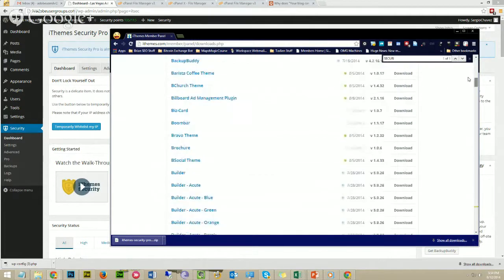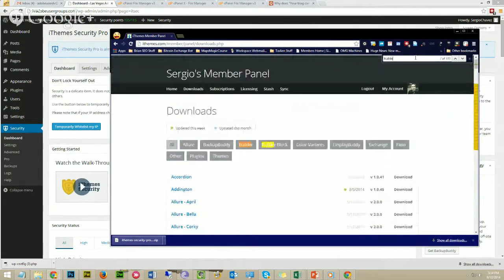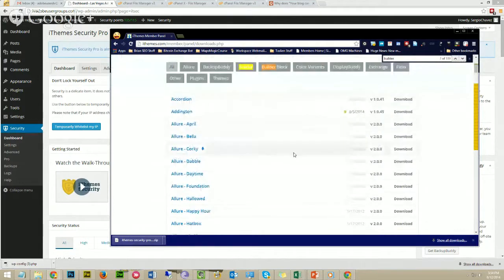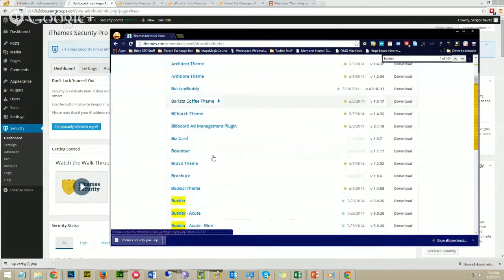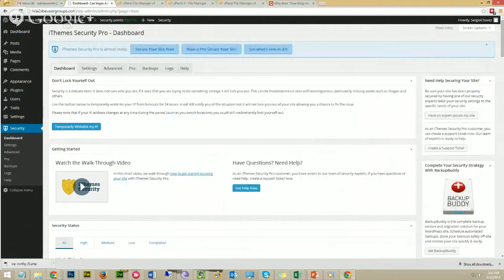So what I'm going to look for is the basic builder theme. iThemes has a framework called Builder, right? So we're going to get Builder. Let's find it. Somewhere in there, ABB Builder. So you just want to get pure Builder, which is a base theme, and then we'll make a child theme from there. Okay, so let's go in, boom,